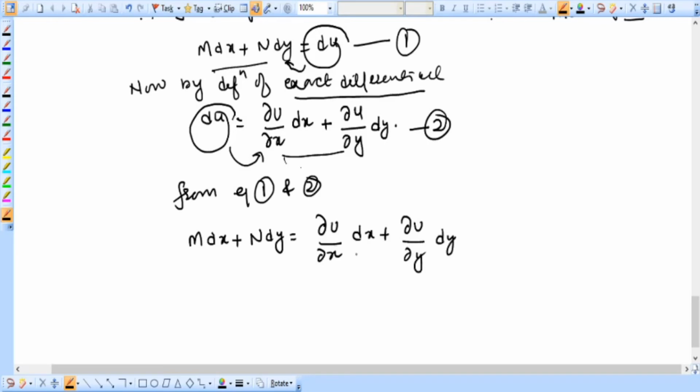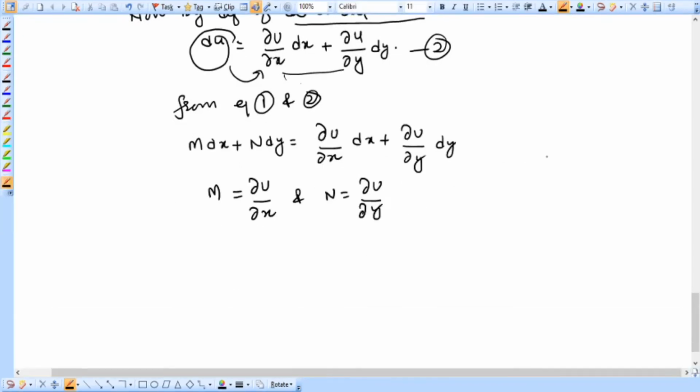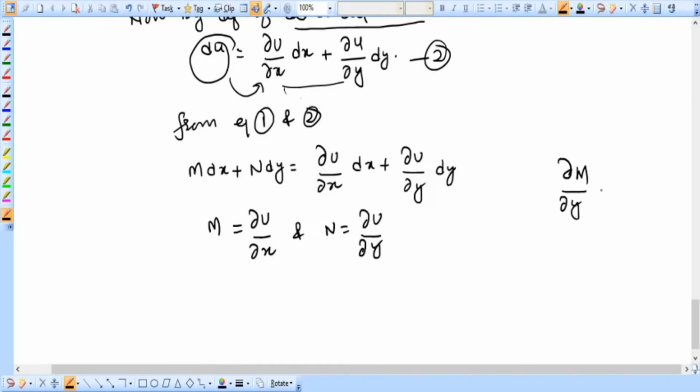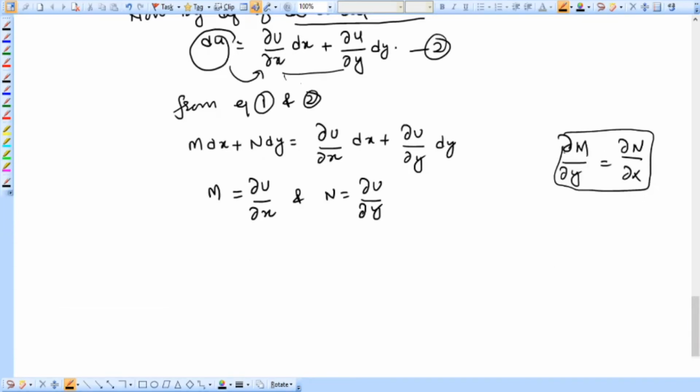Now comparing the coefficients of dx and dy, we get M is equal to ∂u/∂x and N is equal to ∂u/∂y. So we want to prove that, प्रूव क्या करना है हमें कि ∂M/∂y is equal to ∂N/∂x, ये हमें प्रूव करना है, ओके।